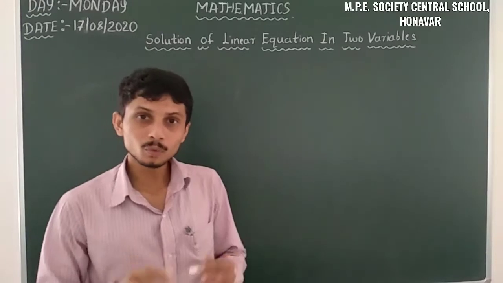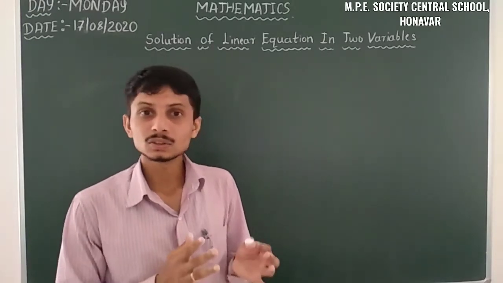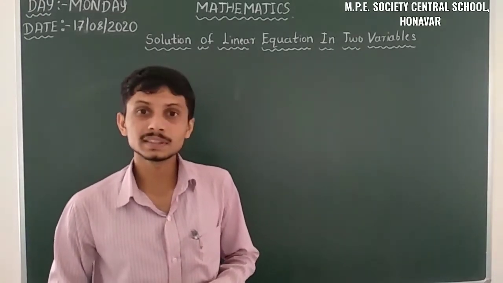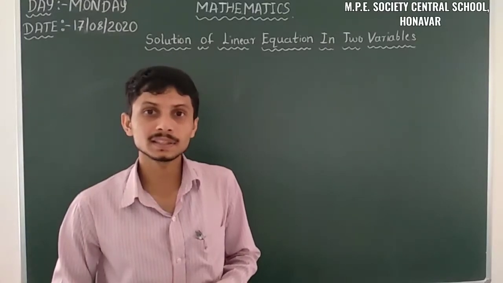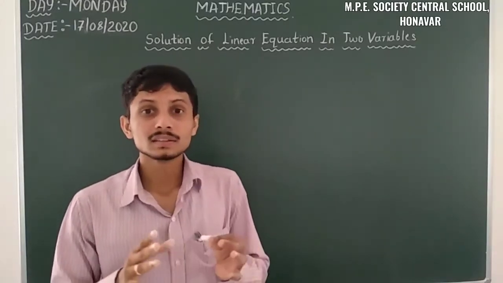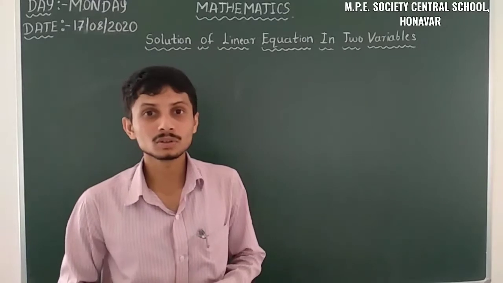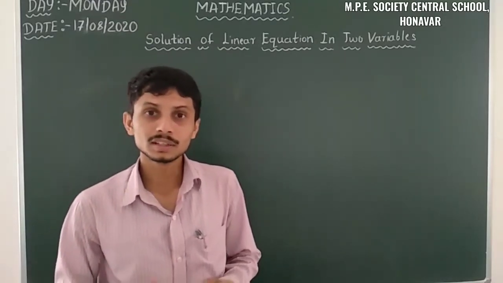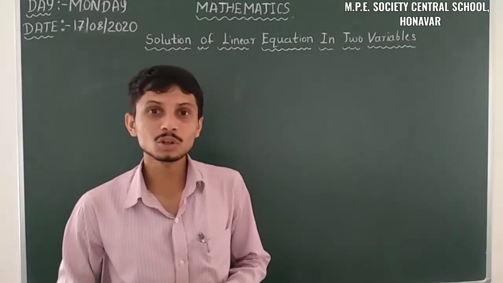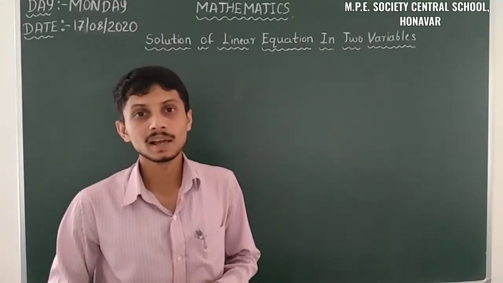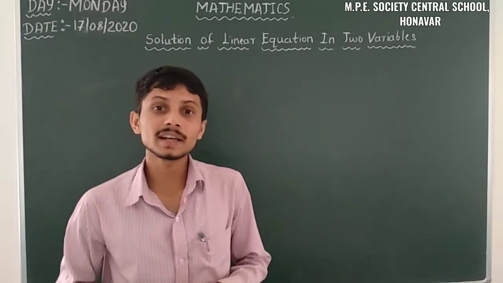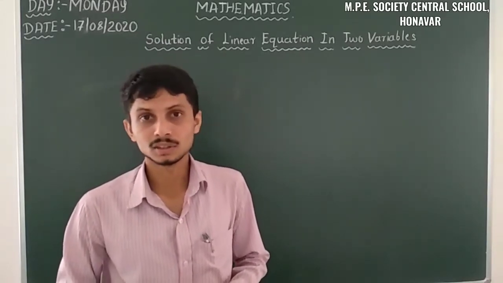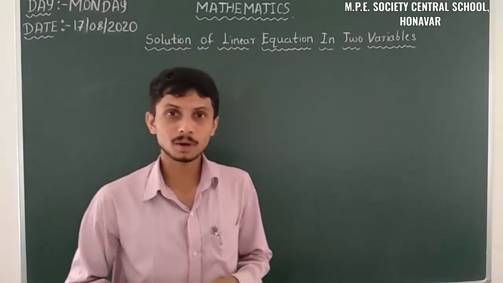Also we move on to the next topic, that is solution of linear equation in two variables. In that we took one example, that is when the coefficient of x is not equal to 0, coefficient of y is not equal to 0 and the constant term is not equal to 0. There we got the solution of the linear equation in two variables as it has infinitely many solutions. So let us move on to the next problem.